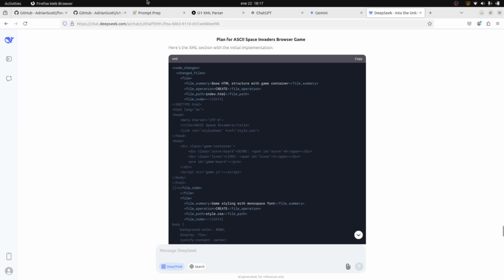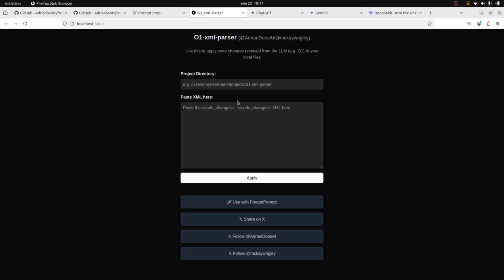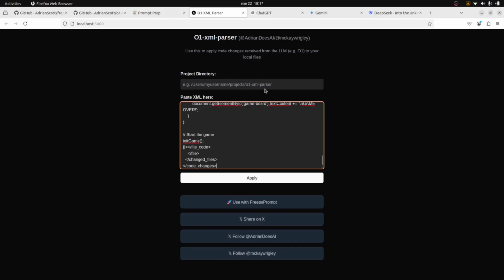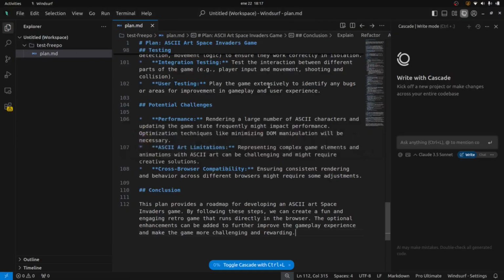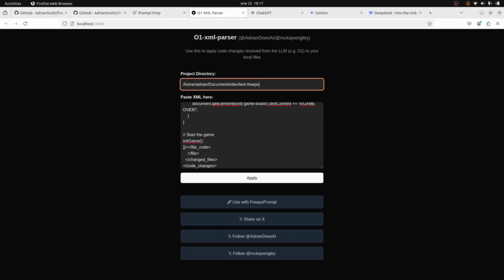take the DeepSeek output, and this is when we go to the O1 XML parser. And so we paste the XML in here. And then we need to do, and I hope I have that correct. Okay, so now we will try hitting the apply button and we'll see if it can parse this input,